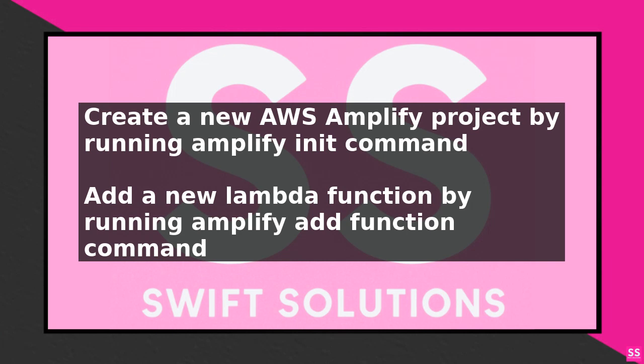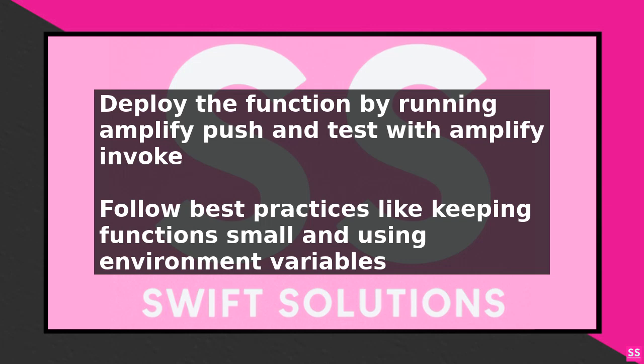Best practices for working with AWS Amplify Lambda functions include keeping your functions small and focused on a single task, using environment variables to store sensitive data, and monitoring your functions with AWS CloudWatch. By following these steps and best practices, you can create and deploy scalable and cost-effective serverless applications using AWS Amplify